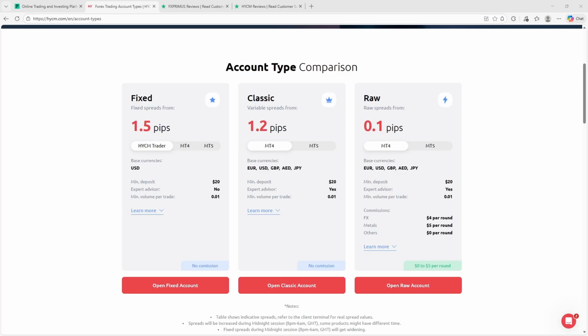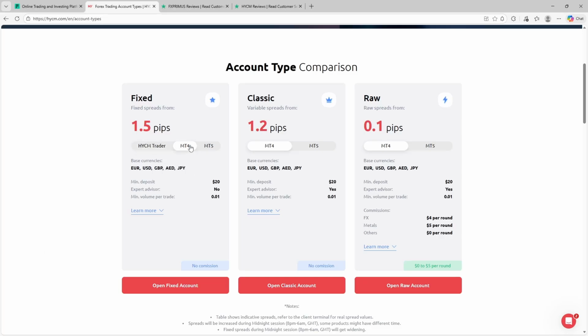Minimum deposits across HCYM accounts remain accessible, which lowers the barrier to entry for new traders while still allowing progression into more advanced pricing structures. Leverage is available with defined limits, and minimum trade sizes are small, supporting gradual strategy development. The pricing model is straightforward on paper, but real-world trading costs depend heavily on account selection and market conditions, especially